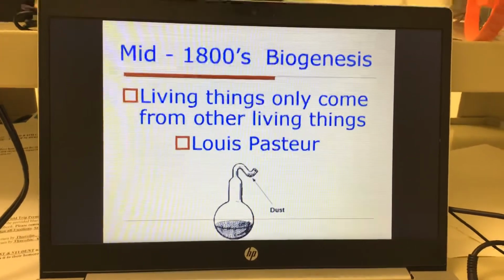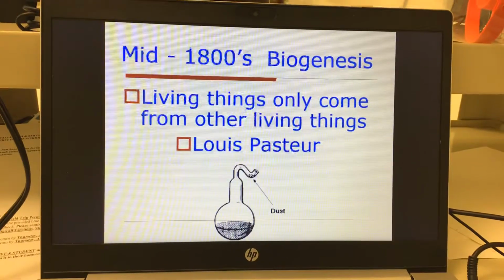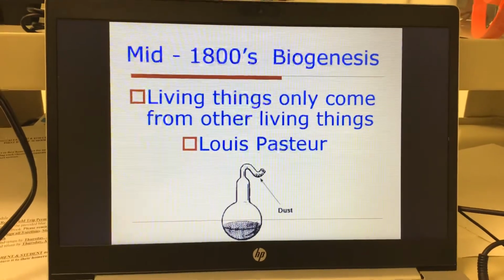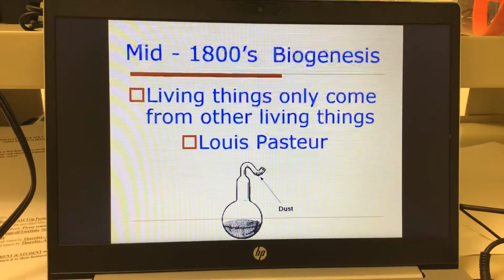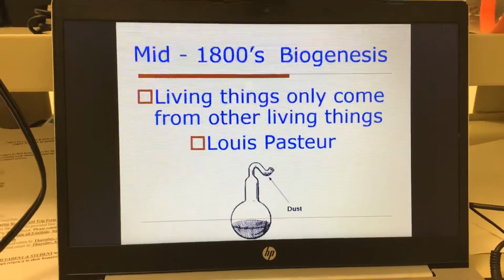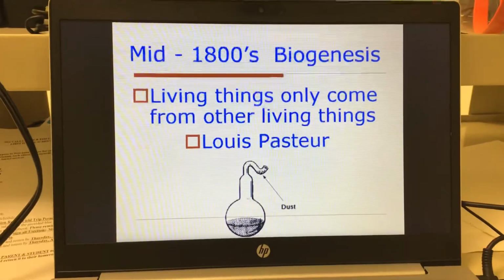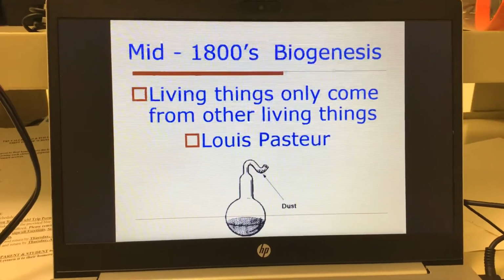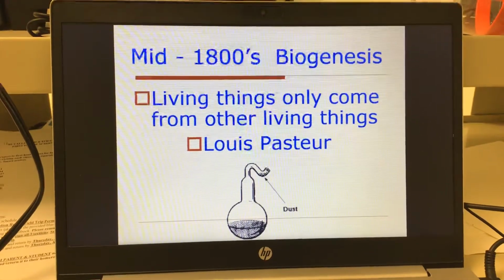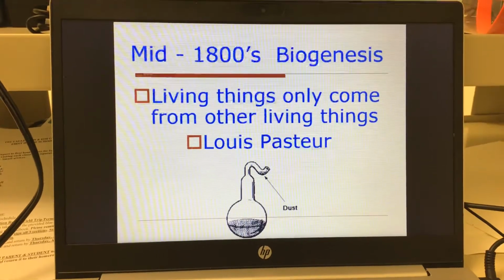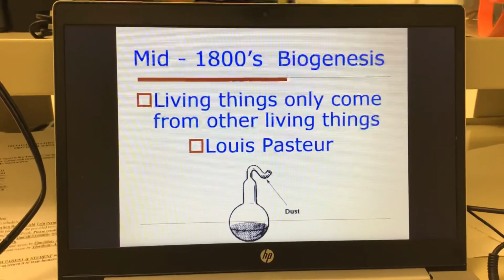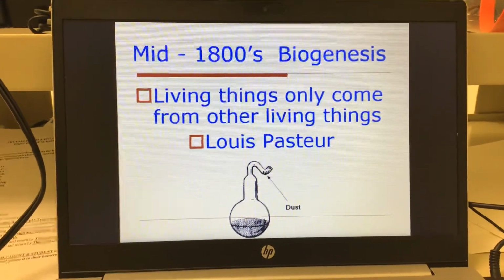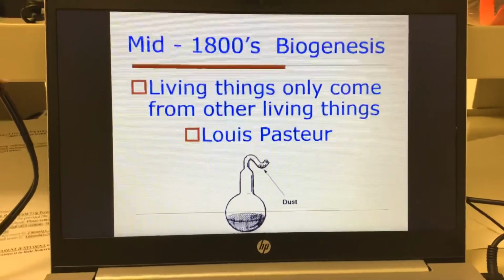I don't know if you've ever heard of Louis Pasteur, or of a thing called pasteurization. You buy milk, and I think eggs and orange juice, that are pasteurized in the store or before they go to the store. He came up with that. If you heat up milk to a high temperature for a short period of time, it'll kill most of the bacteria in it, so it'll stay good longer and won't go rotten as fast. They do that with eggs and some other things. So, pasteurization.